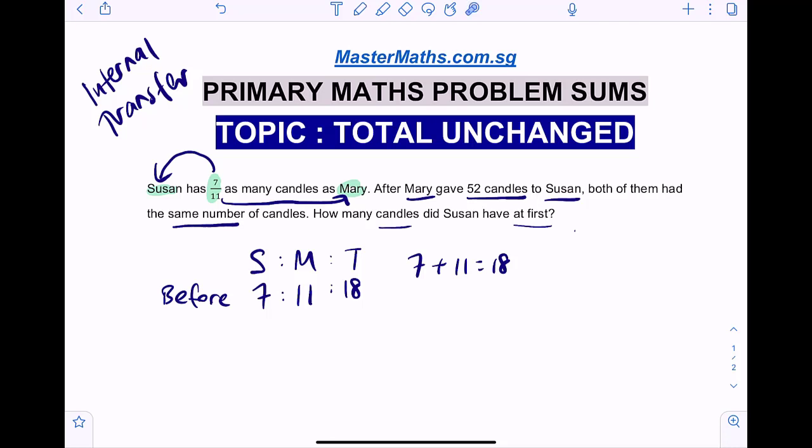Alright, in the after case, after Mary gave 52 to Susan, both of them had the same number of candles. So in the after case, 1 is to 1, right? Because same means 1 unit for Susan will be that 1 unit for Mary as well. So this will be 2. Okay, and we just need to ensure that the total is the same. So 18 and 2 must make it the same,